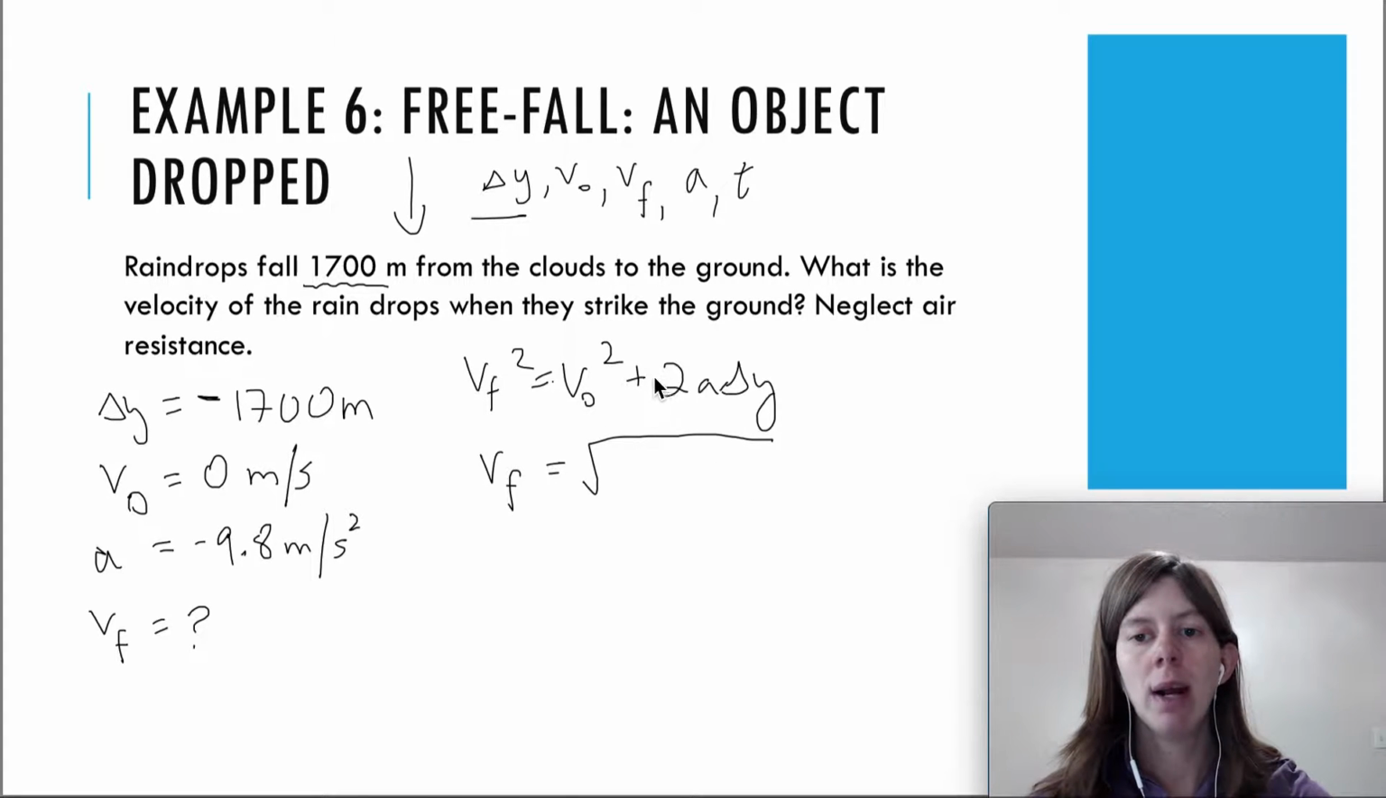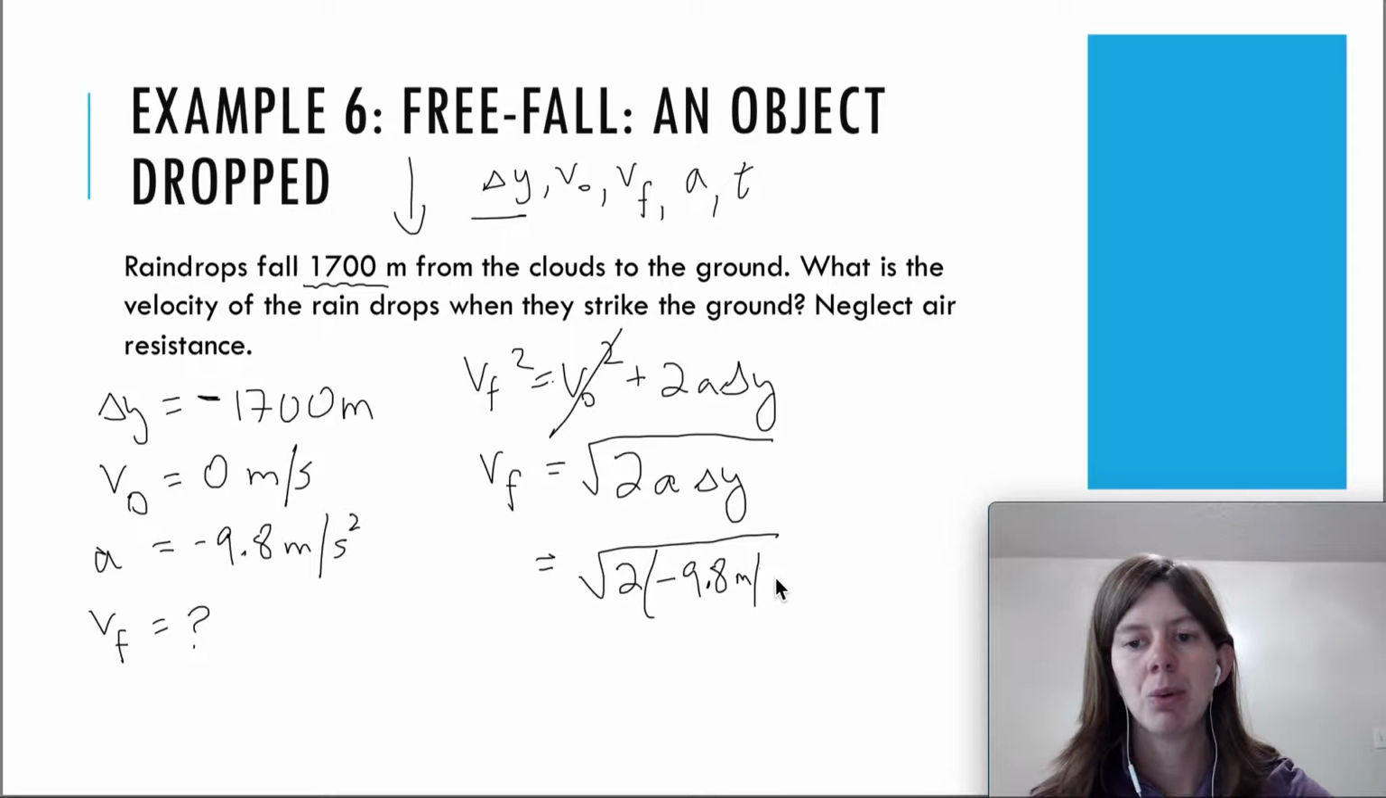Now, before I do that, if a quantity is 0, I do like to go ahead and cross it out just to save some time. If v initial is 0, then v initial squared will also be 0. So when I take the square root, I just need the square root of 2a delta y. And then the last step was to plug in the numbers. So the v final is going to be the square root of 2 times negative 9.8 meters per second squared times delta y, which